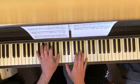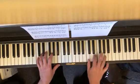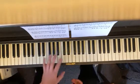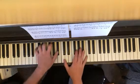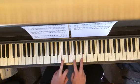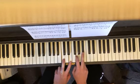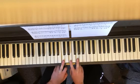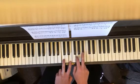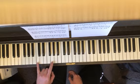Now, for this lick, okay, looks fancy. Kind of is. But all this happening, it's a C7, and then it's an F major second inversion. So C7, F major second inversion, C major triad. And sometimes with the C7, you don't play that third. So it's this sort of like when you're doing this shuffle,